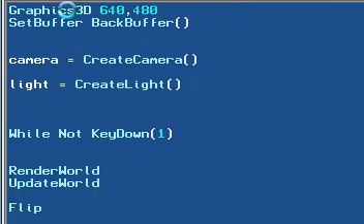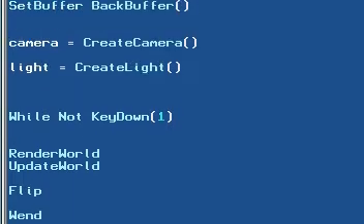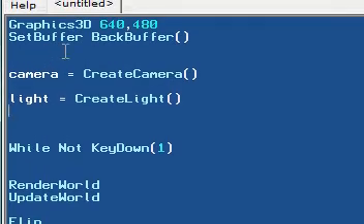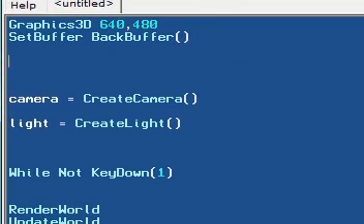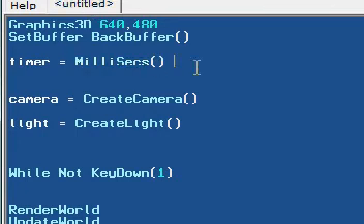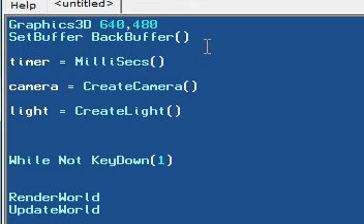As you can see here, I have a blank program, not saved in any particular place. So let's begin. First we create a variable, milliseconds, and that's the focus of this whole tutorial. The milliseconds command. As you know, a millisecond is 1,000th of a second, so 1,000 milliseconds is 1 second. Once you've created your variable timer and set it equal to milliseconds, let's create our simple bomb